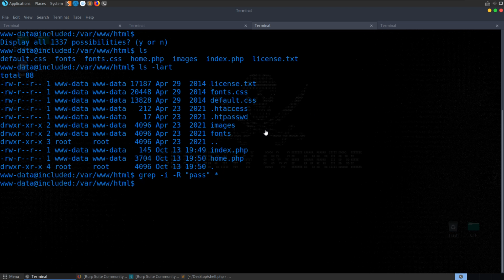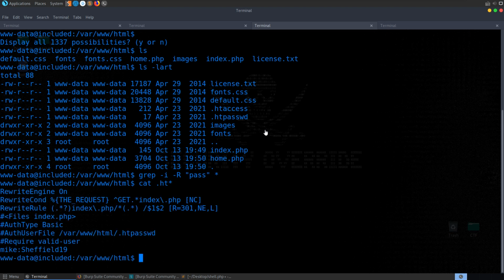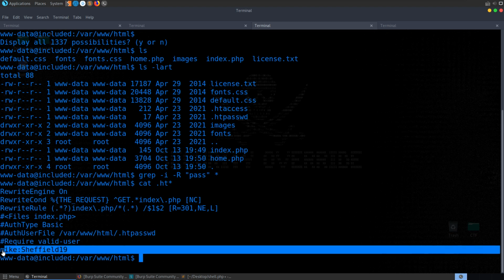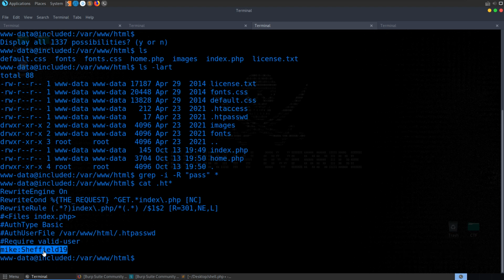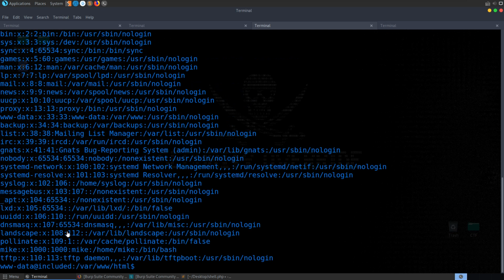Okay, let's cat the .ht files, we'll just cat them all, and we'll see here some configuration. Do we have a password? We do. We've got this password Sheffield19 for the user Mike, and we had a user called Mike on this box, right? /etc/passwd Mike. Okay, so let's try and su Mike